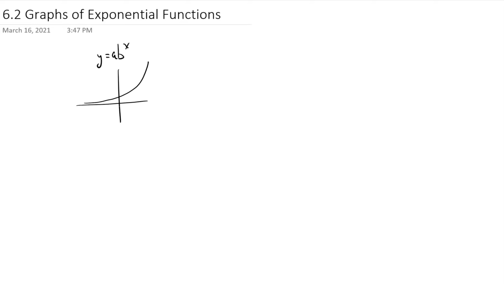This is a positive and b above 1. This is a positive but b below 1. And then when a is negative, you have to flip around those graphs about the x-axis. Okay, so